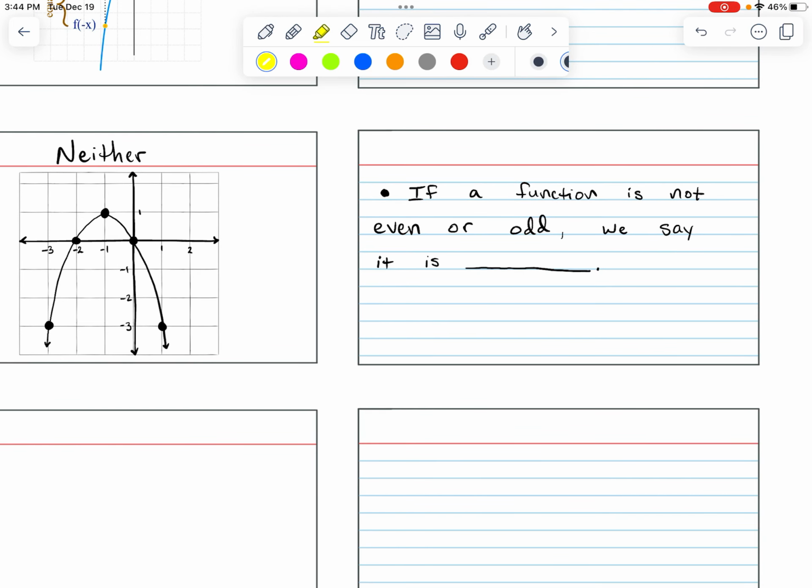Okay, and we can also have a function that is neither. It doesn't have symmetry over the y-axis, and it doesn't have symmetry through the origin. So this example, we would say that this